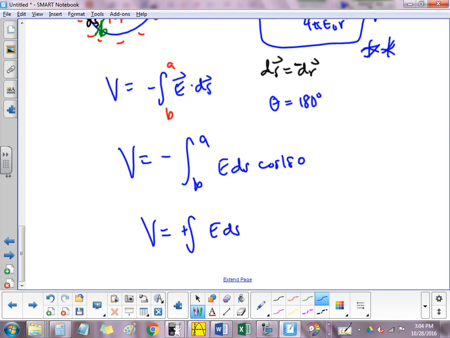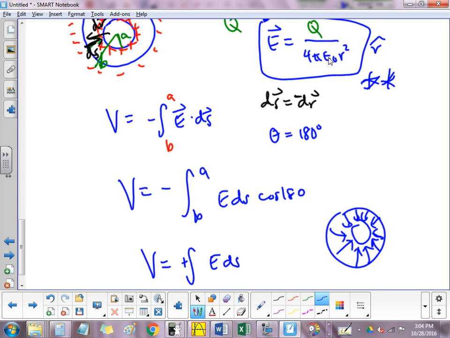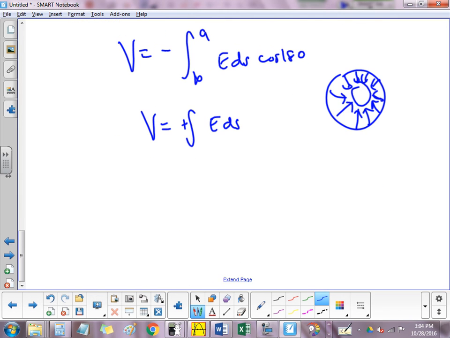The E field changes as we move away from one shell to the other. It is a divergent E field, like we actually have field lines getting more dense. So we cannot just pull the E out of the integral, unfortunately. But up here we do have the E field. It's Q over 4 pi epsilon naught r squared, or you could just think of it as kQ over r squared. So we're going to stick that in here. And we're going from B to